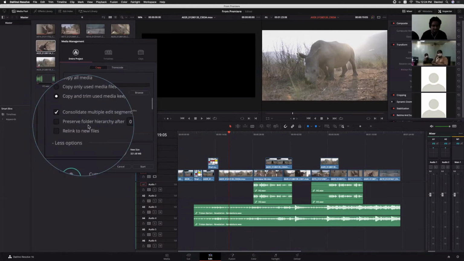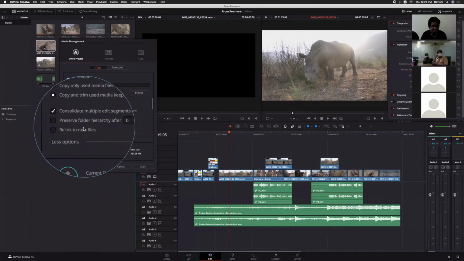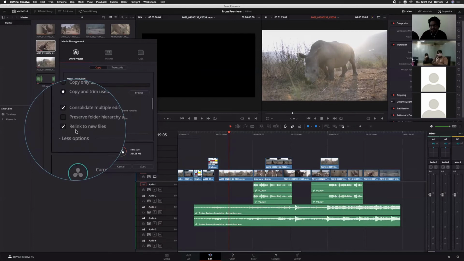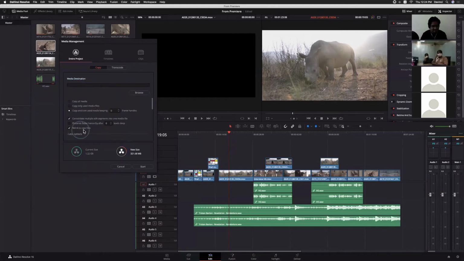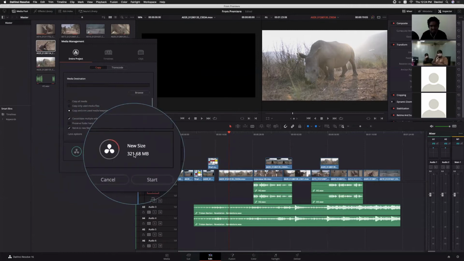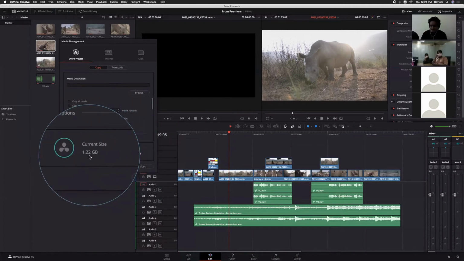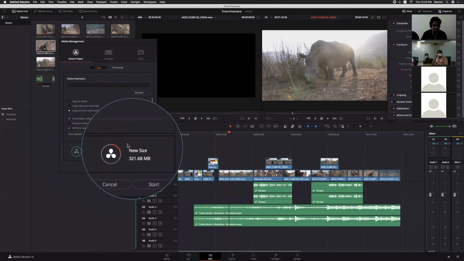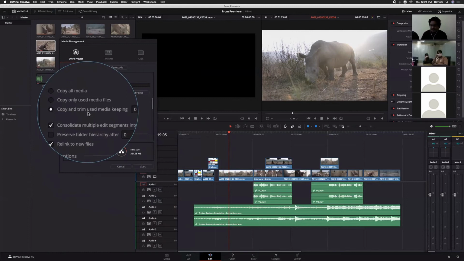Okay, and if you want to preserve the file structure, or maybe it's always better to select this option instead of leaving it like that. When you click start, now see the difference: earlier it was the same size, 1.22 GB and 1.22 GB, and right now we are using only the trimmed media in our timeline.